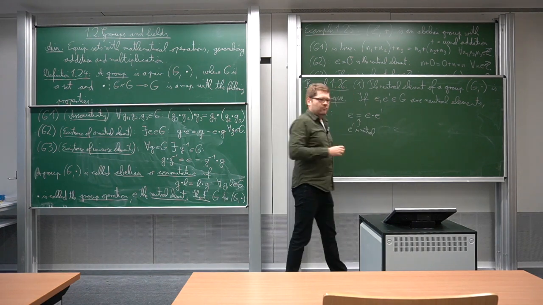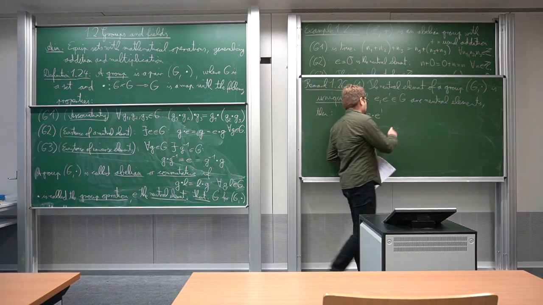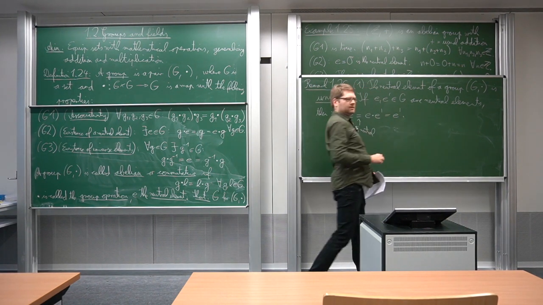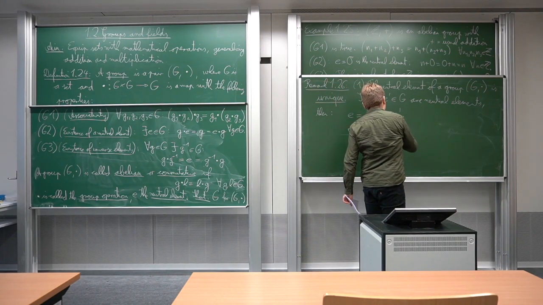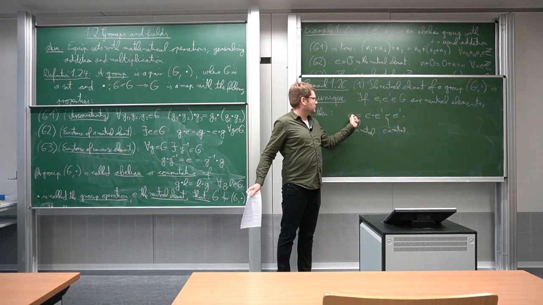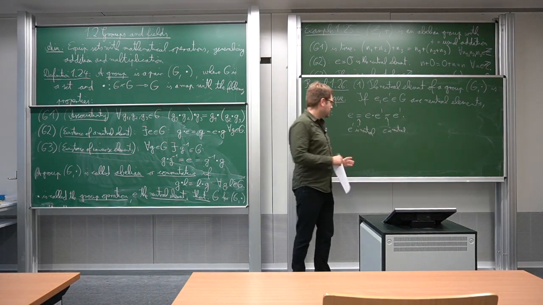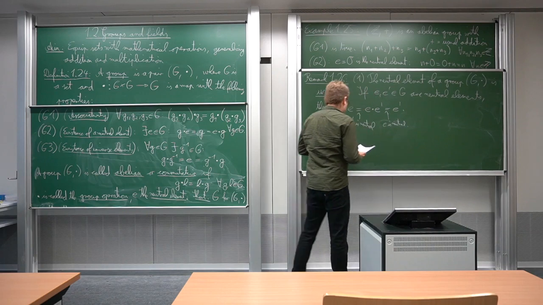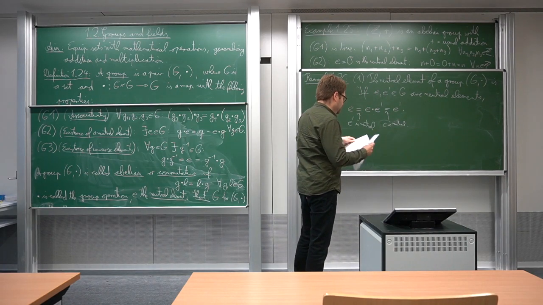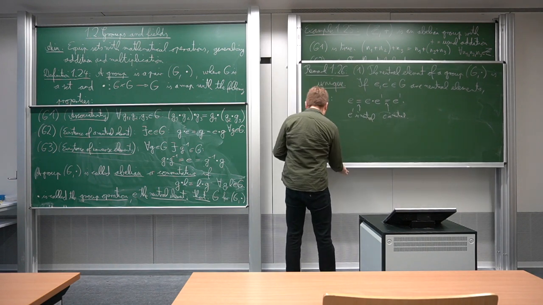But now we can argue the other way around, because we know that if we multiply something with E, this doesn't change the element, so this here must be the same as E prime, since E is neutral. So that's it. You have already shown that these two elements are the same, so there can be only one neutral element. Okay, a similar thing, which you intuitively might assume, but which is not that obvious,